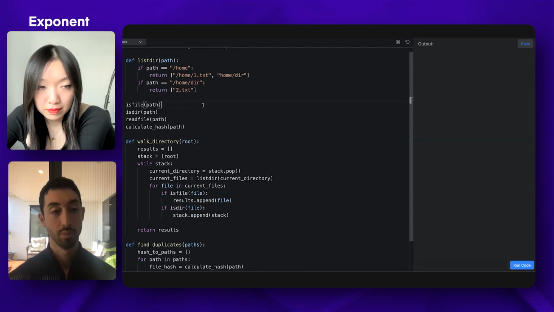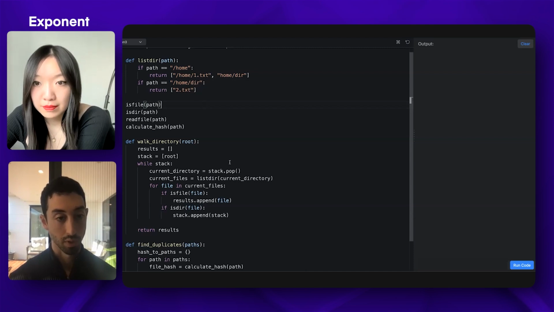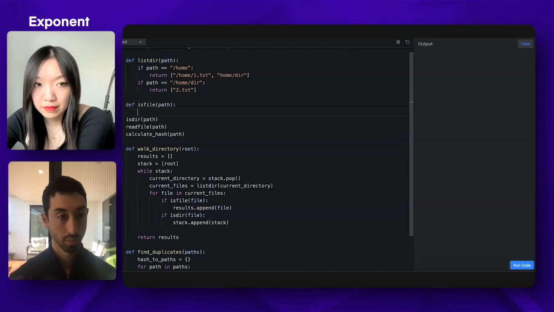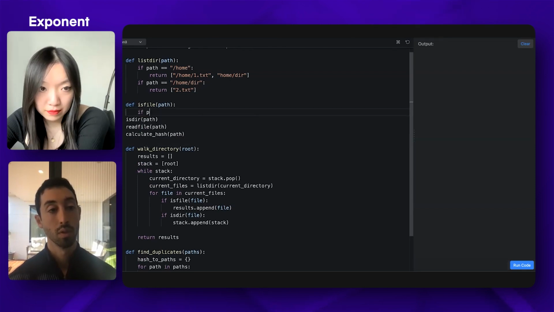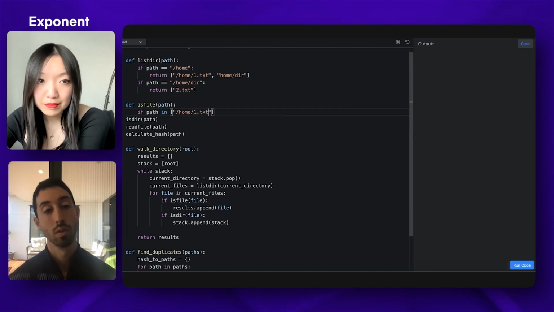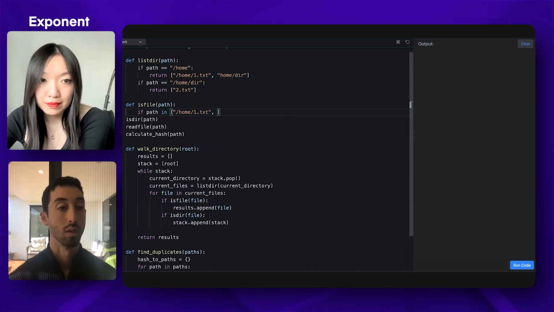And then I'm doing is file. So I need to return 1.txt and 2.